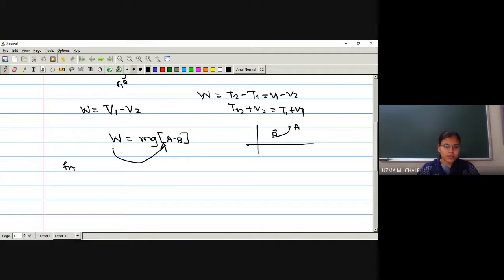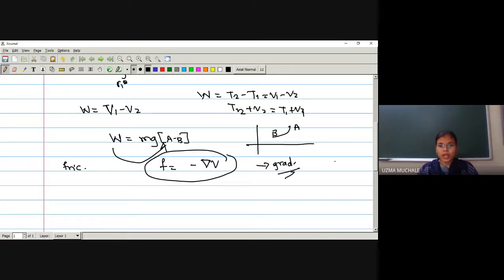Then we have seen what a frictional force is. A force which destroys your motion, and unless otherwise we have to apply more force if we want to go forward, right? Next we have seen the formula for force. The force can be written as the gradient of some potential function V. At that time I showed you the geometric meaning of the gradient of a function, and there was homework for you to find out what a curl is, what a del is, and the gradient of some potential function V.